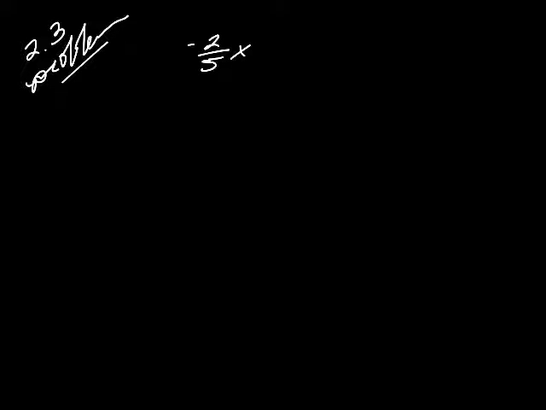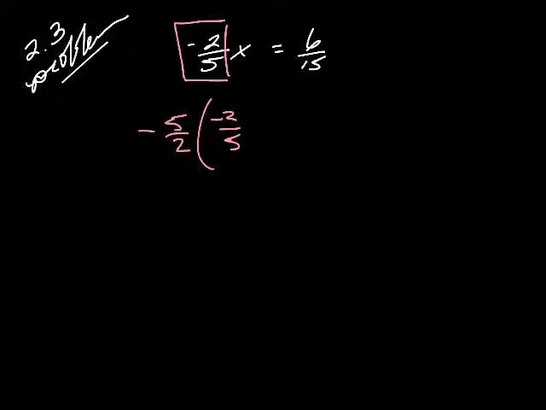2/5 x equals 6 over 15. You might find this easier, and this is the way the book does it. I take the number that's multiplied by x, I turn it upside down, and I leave the sign on it. So I just took the 2/5, turned it upside down, and multiplied it by what I was given,